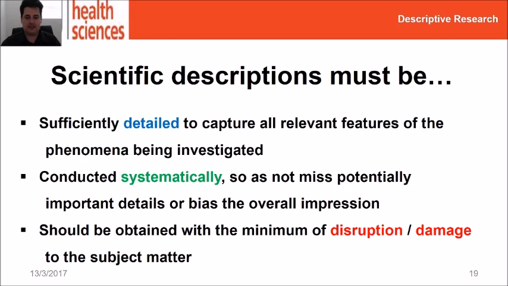But one of the other most important things about this, the other defining characteristic of a scientific description, is it has to be systematic. And when I say systematic, it means that there has to be a clear, non-biased criteria as to how you are drawing your observations, how you're drawing together the different elements of your description. If you're just following what looks good to you, if you're just going where you think you'll find what you're looking for, again, if you're just listening to your confirmation bias, the natural cognition part of our folk psychology, you will get a very skewed picture of reality. You won't get a picture of reality that covers all of its different aspects to a representative degree. And that's what we mean by systematic.